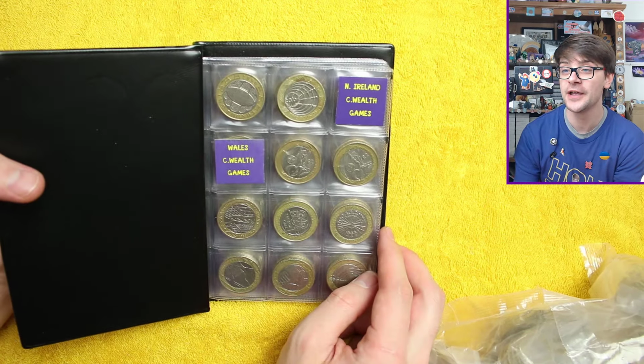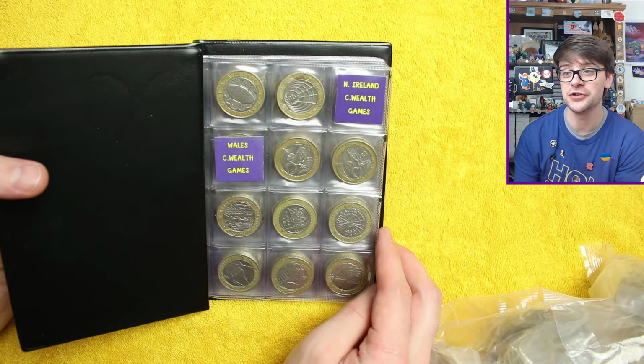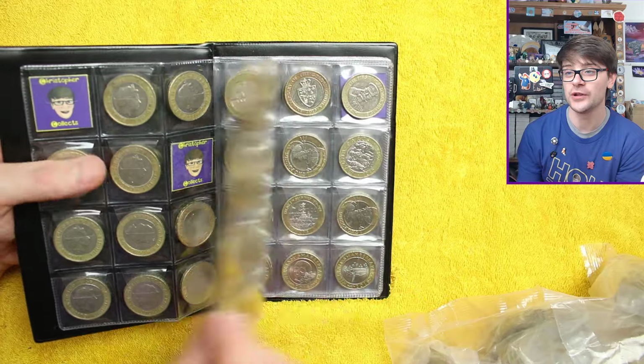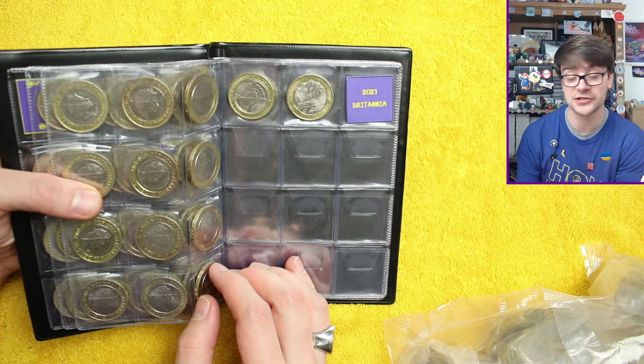We need 2 Commonwealth games to go, Northern Ireland and Wales. If we get those 2, the book is complete. We have all the other commemoratives up to and including the Great Fire of London, which is the last circulating